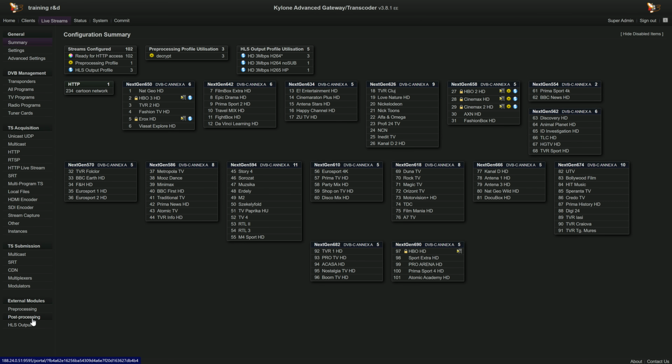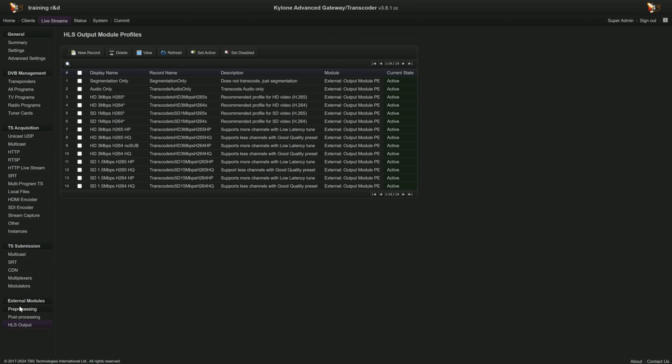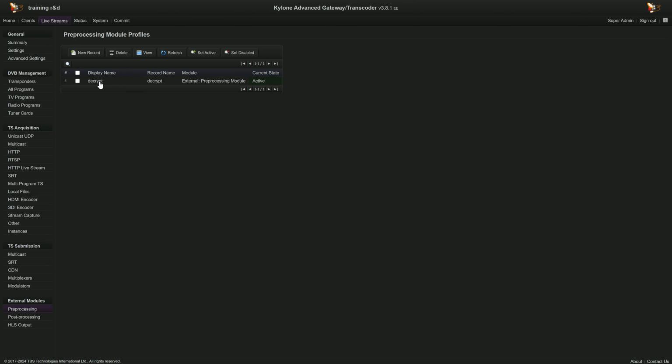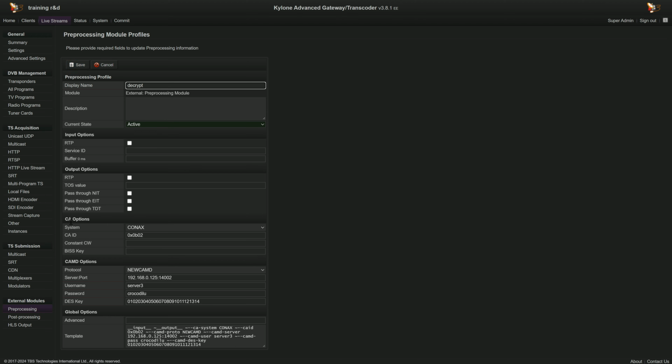For the softcam module, you have to contact the TBS team, and they will deploy the module for softcam descrambling. So once the softcam descrambling system is deployed on your Kylone machine, all you have to do is just edit and fill in the CA option, the conditional access option, like Conax or Viaccess, VideoGuard, Nagra. You have to put the hexadecimal CID,